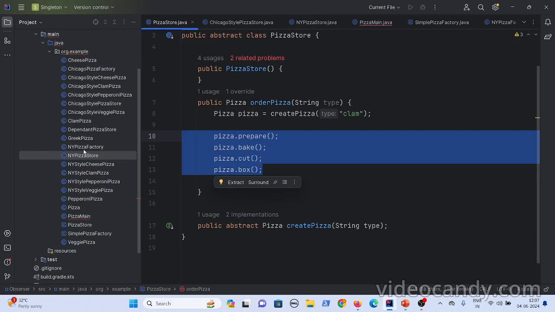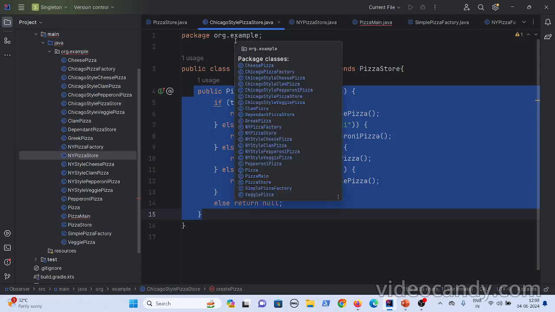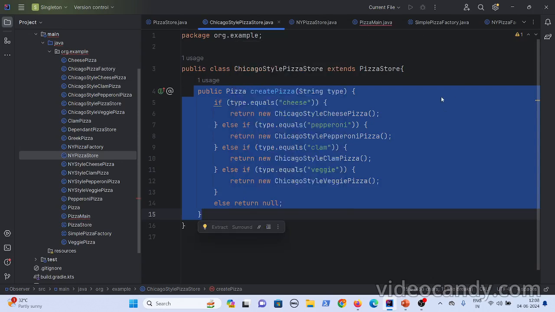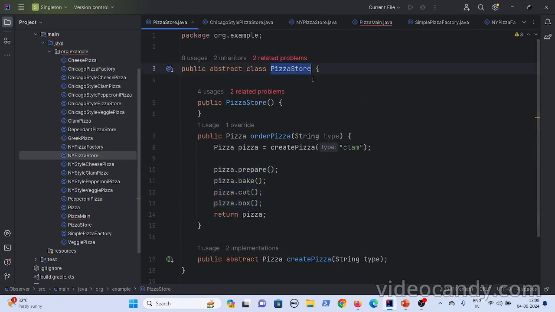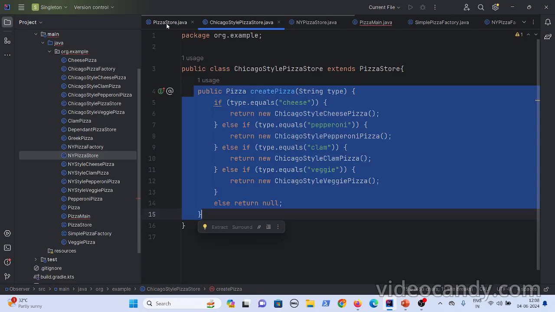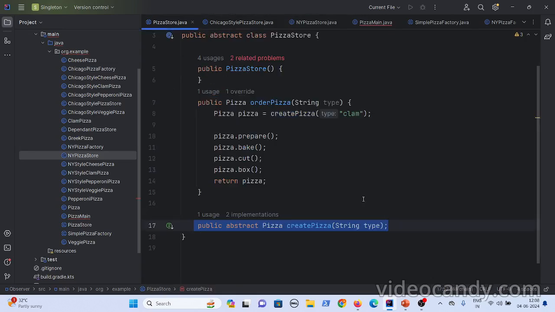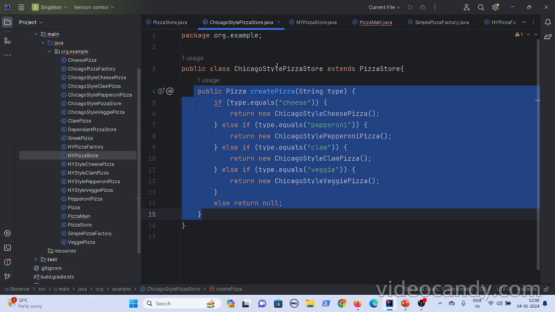In the simple factory you have just one factory that is producing the products, but in the factory method design pattern you have multiple stores or multiple factories that are producing the products. And that is why you have declared this class as abstract, and you have provided this method as abstract, and let subclasses handle this logic. Okay, got it. Now you can compare this with different examples, as I have explained in the beginning itself. Maybe you can consider this Chicago style pizza store, NY pizza store, as a Bench store, or as a Tata store, or you can have other stores also.